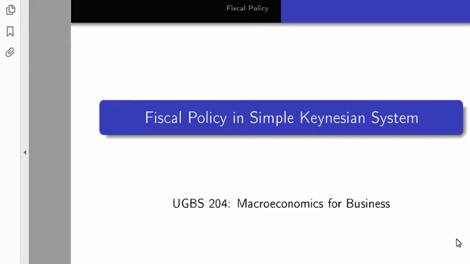Okay. All right. So we are going to deal with something very interesting in macroeconomics, and that's called fiscal policy. Okay, fiscal policy. So we'll pick a very simple Keynesian model and look at it. So fiscal policy is about the government. How does the government spend its money, and how do they generate money? All right. Okay, that's basically what we'll be talking about.